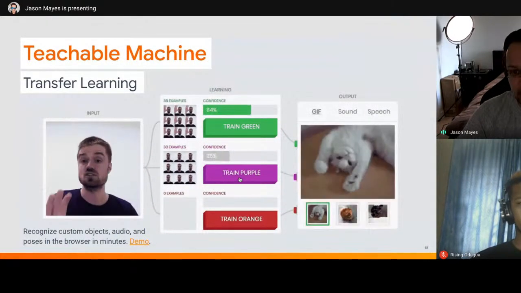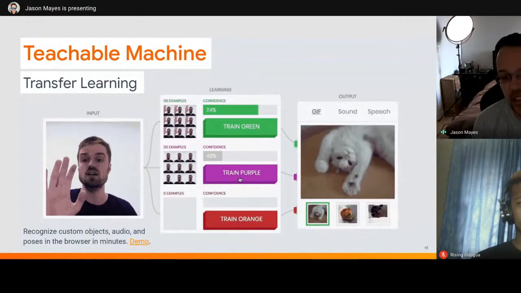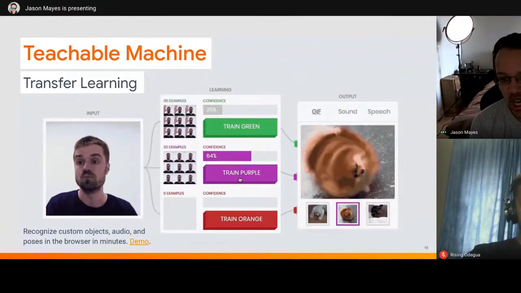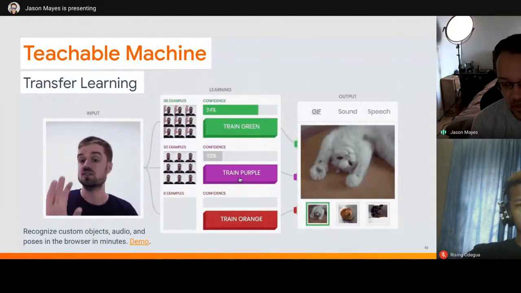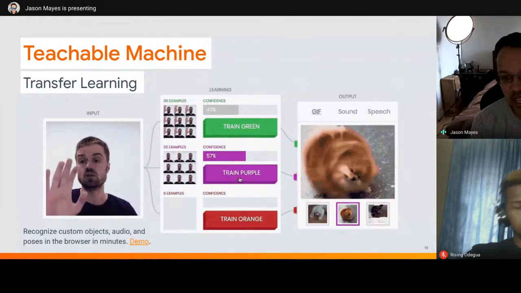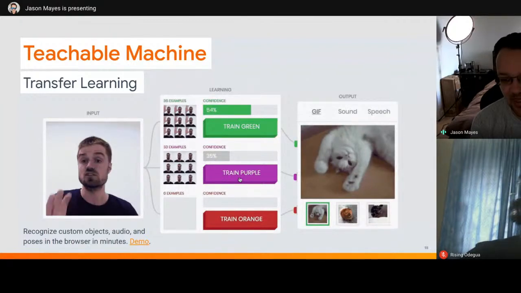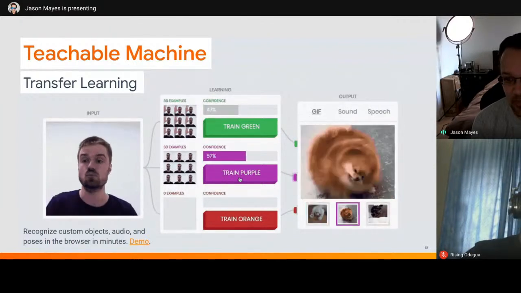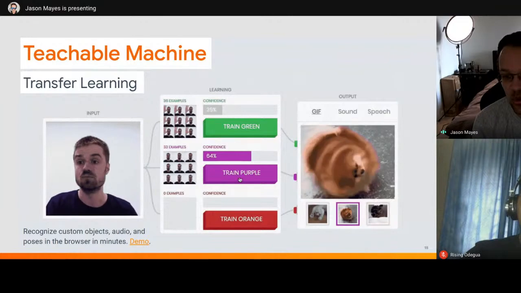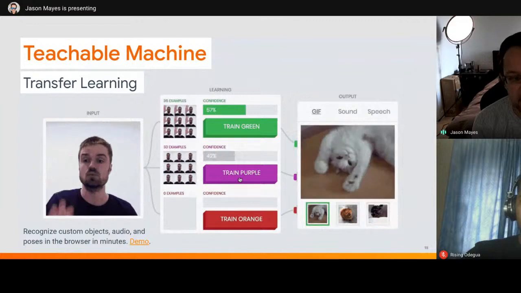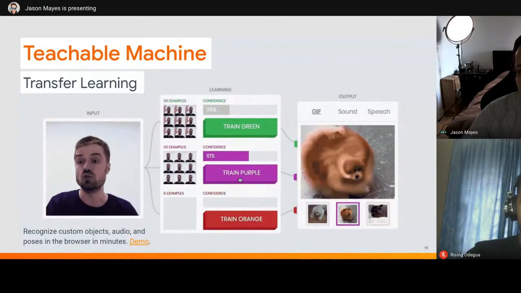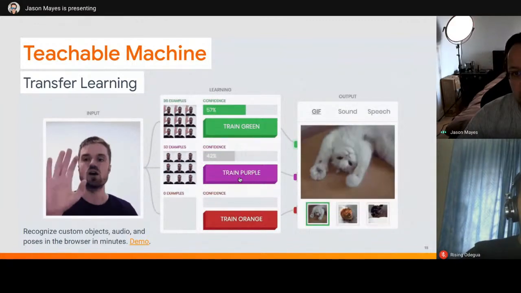Now, Teachable Machine is essentially a web interface that was built by Google that allows you to train JavaScript-based machine learning models in real time in the web browser. And there are several advantages of doing that, one including all the data you're using never leaves the client machine, which means even if you have a bad internet connection, it doesn't matter because it's all running locally. And of course, your privacy is also preserved because none of the data is ever being sent to a third-party server. So let's go ahead and look at how we can use Teachable Machine right now.